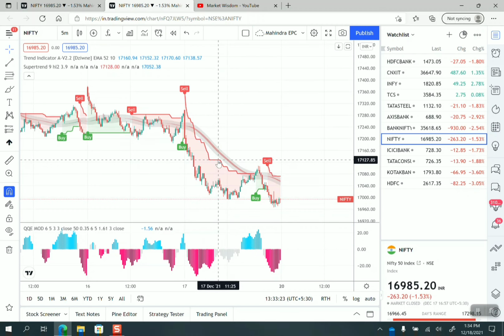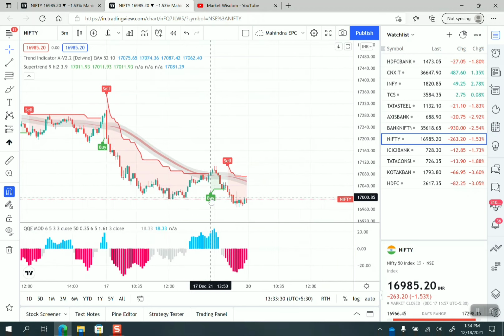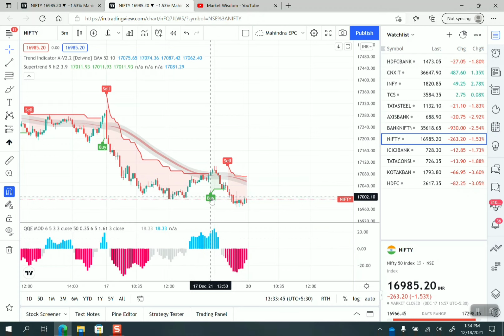Now let's look at the buy side. Okay, so for this buy side, what we can observe here, we have seen a buy signal. In case of buy side or for long, if we want to go, it should also satisfy three conditions. The first condition is in this oscillator we should see a blue bar over here. The second condition is it should indicate a buy signal on the chart, and instead of a red line, in case of buy side or call side, it should show us a green line. In this case we do not initiate our buy side, because this super trend is still a red color, right? It is showing a red color to us, so we need not initiate a call side trade or bounce side trade in this case.